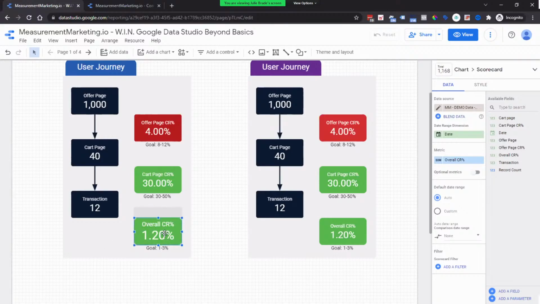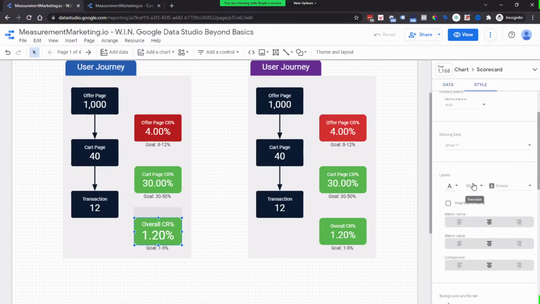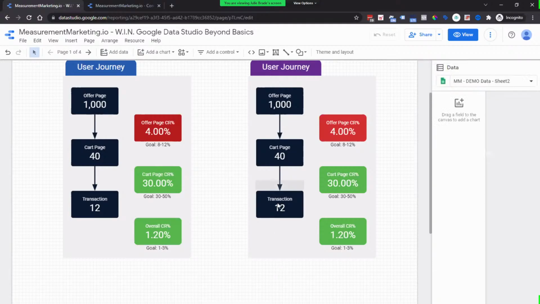Now, as you can see, the text is a little bit bigger, and it doesn't match the rest of our dashboard. So we just use the things that we learned back in Google Data Studio Basics to adjust. And a quick other note for the cheat sheet: